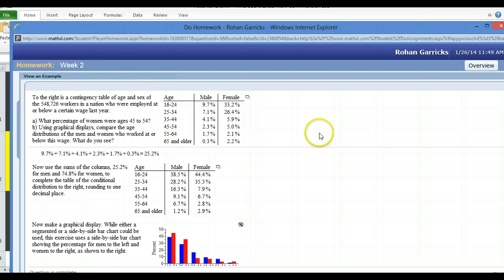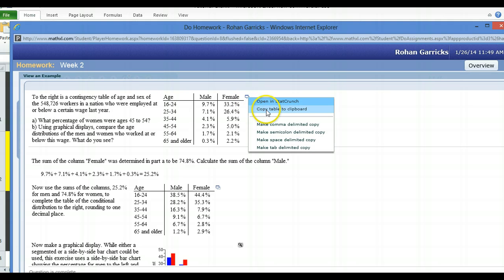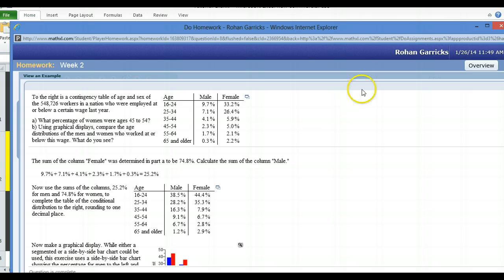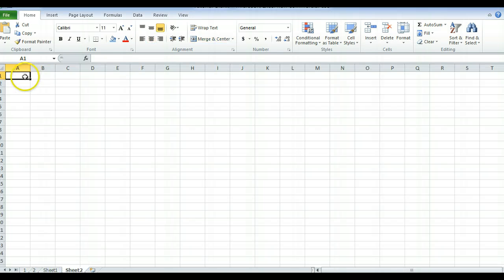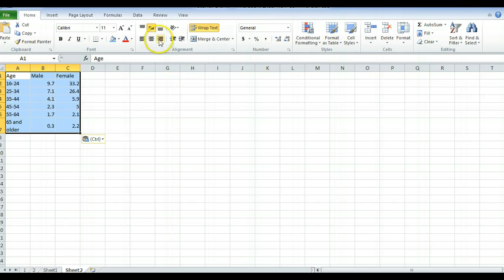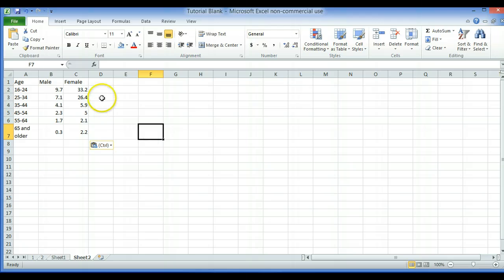A couple of tips before we move on here. To import this table in Excel, you hover over this, then you click on copy table to clipboard. Once you have the table copied to the clipboard, you will then be able to paste it into Excel. Now I'm going to go ahead and do a couple of things which will more than answer the question,